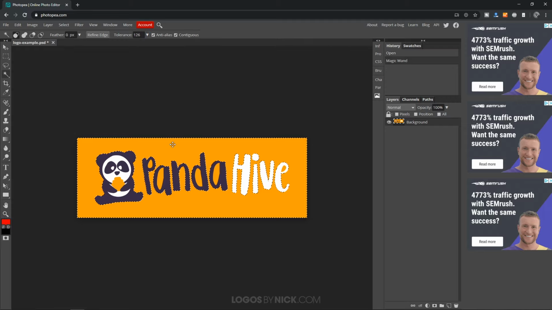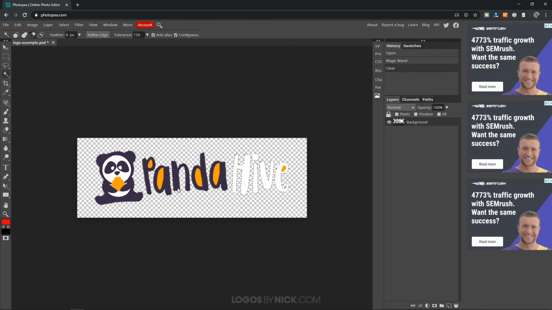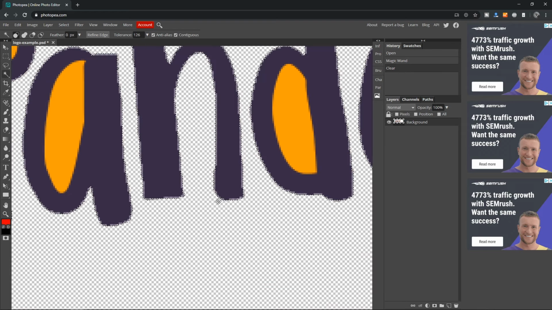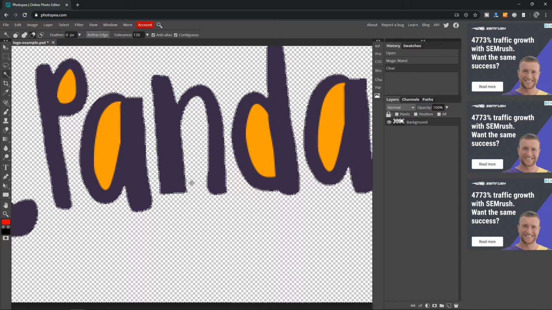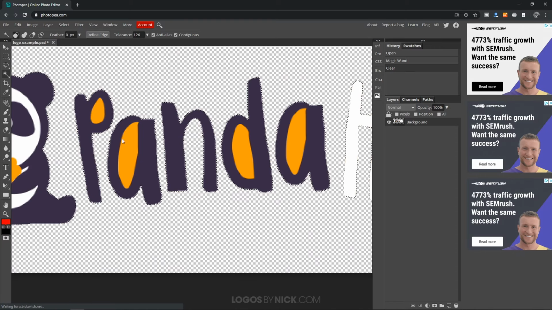I'm going to press delete on the keyboard. Now let me zoom in again to see how it looks. As you can see, we got rid of those yellow fragments there. It's looking pretty good. So now what I'm going to do is get rid of these little